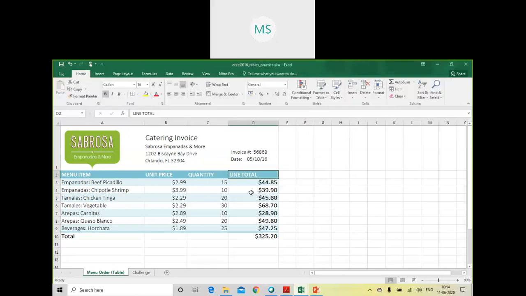The moment I do that, it converts it into normal cells, which means the formatting will remain the same, like the backgrounds and the cell color, everything will remain the same. The only thing that will happen is the table will be removed. As you can see, now there is no table in it. So the table has been removed, but the formatting has remained.